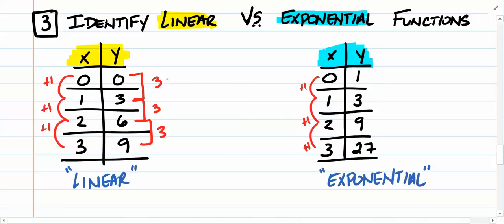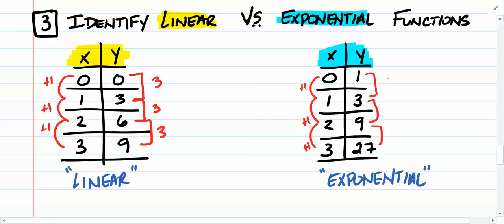Take a look at that in the exponential as well, though. Okay, 1 to 3, that has a difference of 2, doesn't it? 3 to 9, well, that has a difference of 6. And 9 to 27, again, this is not constant, okay? So this does not have a common difference, but it does have something, right? If I take